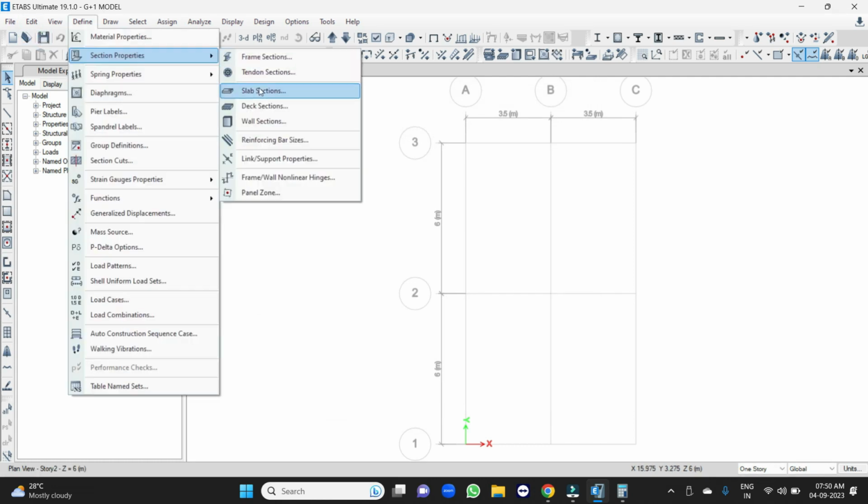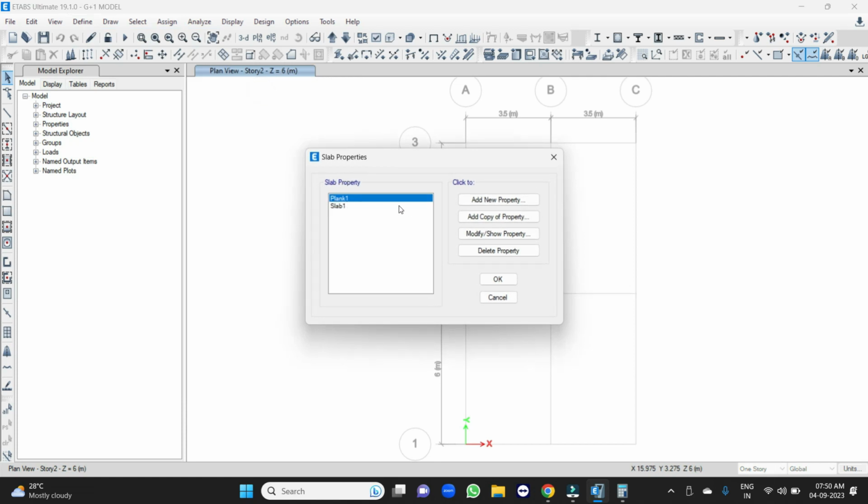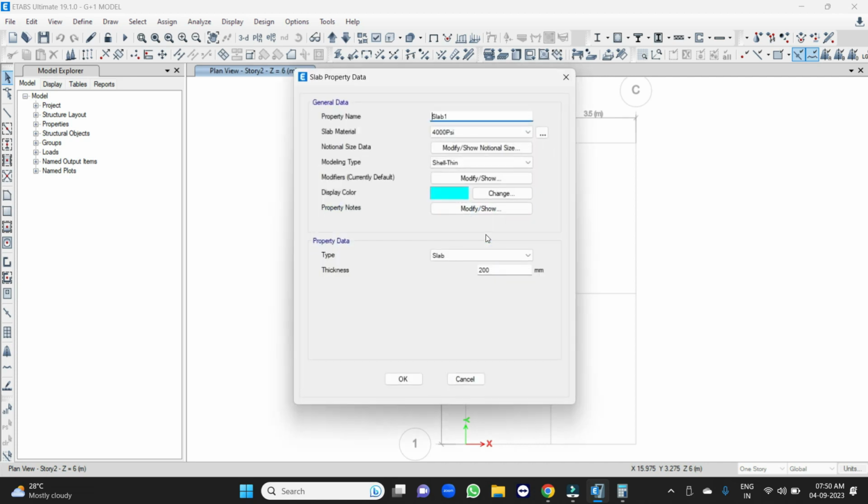Save the model. Now define the slab section. The second one is tendon section. If you are designing the structure with pre-stress or post-tensioning, you can go for tendon section. These all come in the advanced level. So now I go for the slab section. Already there is a property of slab. I modify here with respect to the slab thickness, selecting the grade of concrete, and then here we have to define